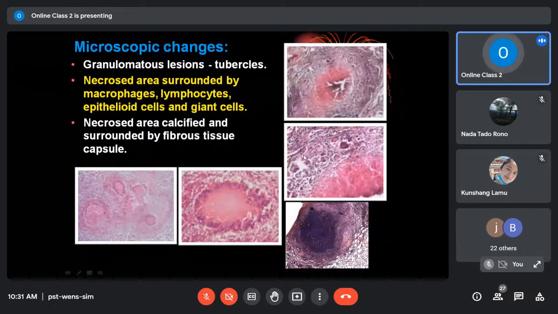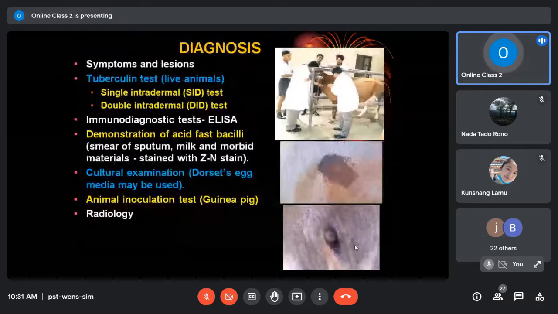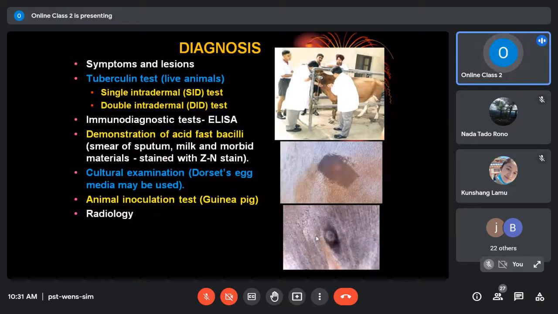As I have already mentioned, this central necrotic area is normally calcified, except in avian cases, meaning calcium salt deposition is there, right? And finally it is surrounded by fibrous connective tissue like this. Because of that, it gives a very hard and firm feel. Then finally, diagnosis. Based on the clinical signs and symptoms